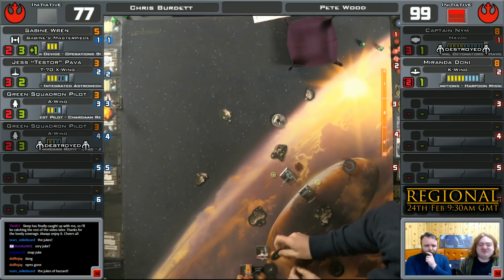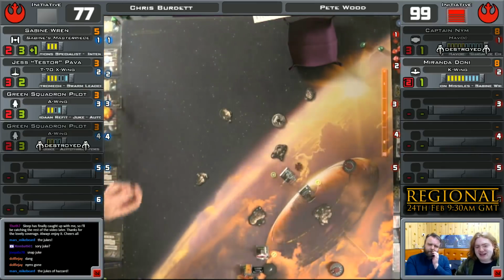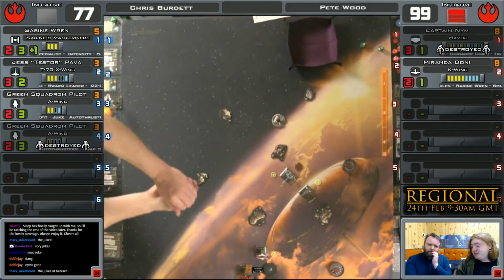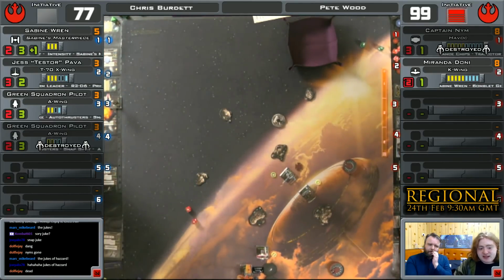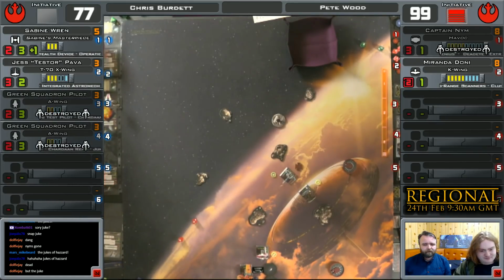Okay, so there's a bomblet generator. Oh, with Sabine, this is probably a dead A-wing. This is custom. Oh. I don't think that was the right move. Yes, it was, Sabine's still on board. So that's still 2 damage to the... Oh, that's 3 damage to the A-wing. Definitely the right move then in that case. But if you're...